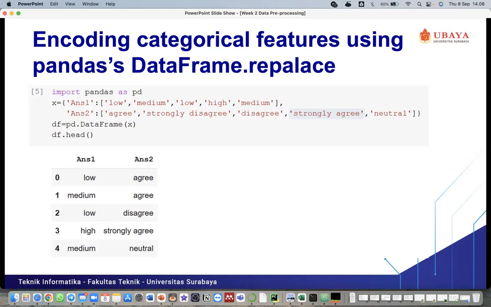The second answer can be agree, disagree, neutral, or strongly agree. This is categorical features. It's not a continuous number, not numerical features. So we need to encode the categorical features to numerical features or continuous numbers.